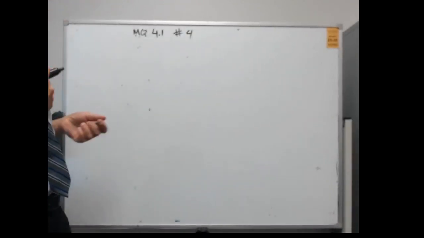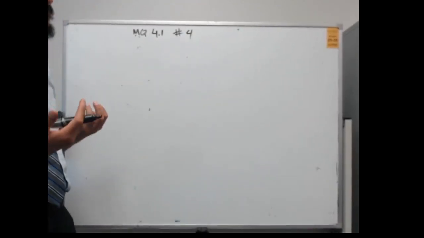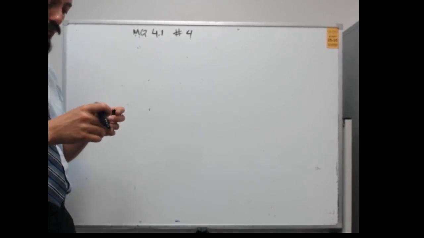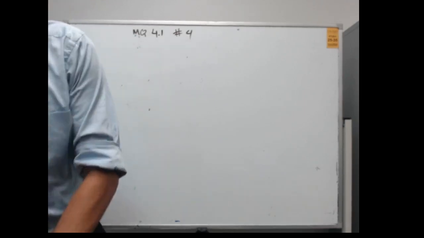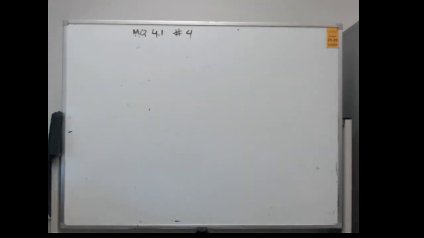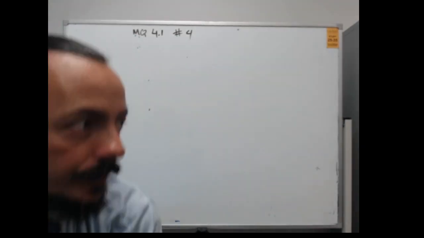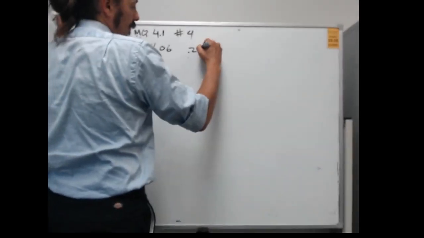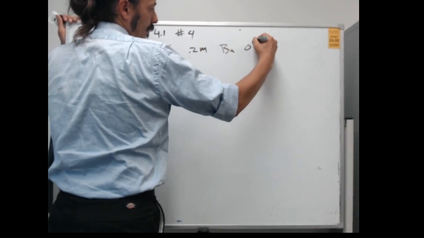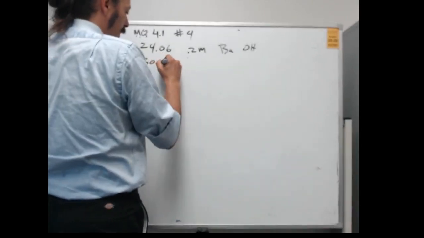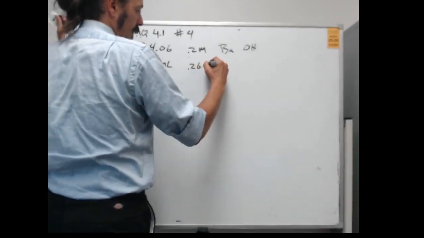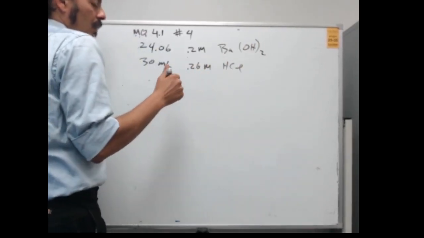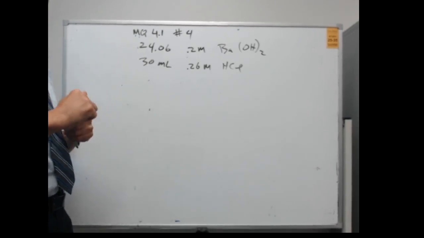And really what we're going to do real quick is set up the way I do stoichiometry thinking. So do me a favor, go ahead and read the problem real quick just so we can get the problem set up on the board. You add 24.06 milliliters of 0.2 molarity barium hydroxide to 30 milliliters of 0.26 molarity hydrochloric acid. If necessary, and then it just says enter the formula for the chemical species predominantly present in solution that will